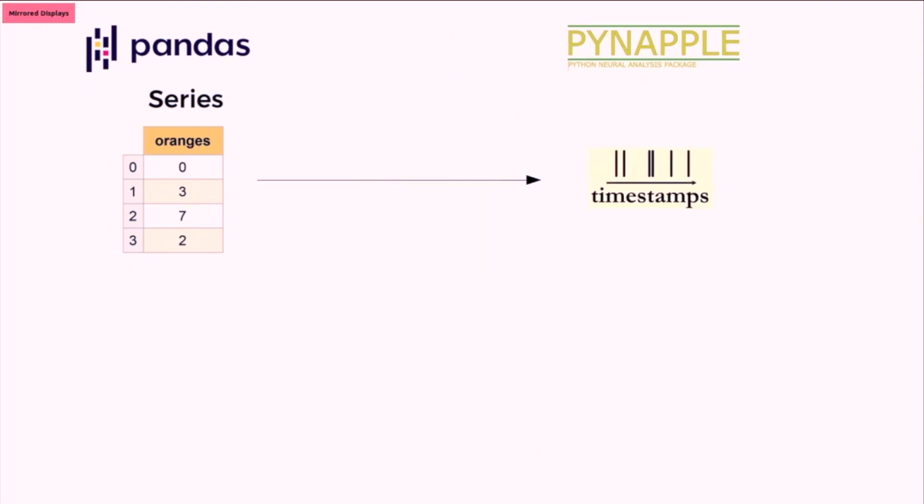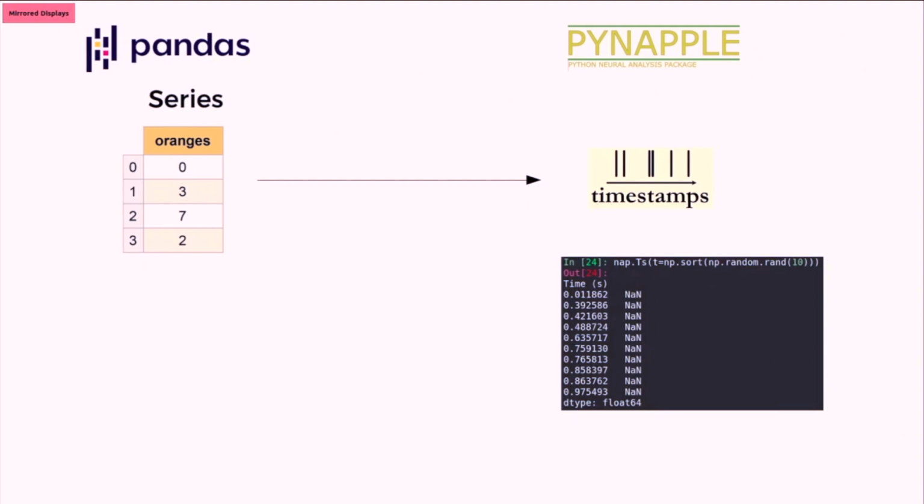Second object is a timestamp. Timestamps are very common in neuroscience: spike times, reward times, the time of the production of the stimulus, other things like the moment the animal crosses a particular threshold. Those are the timestamps. So timestamps are also derived from Panda series, and here's one example of a set of